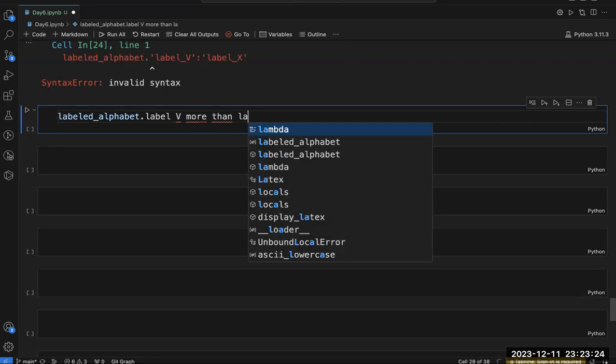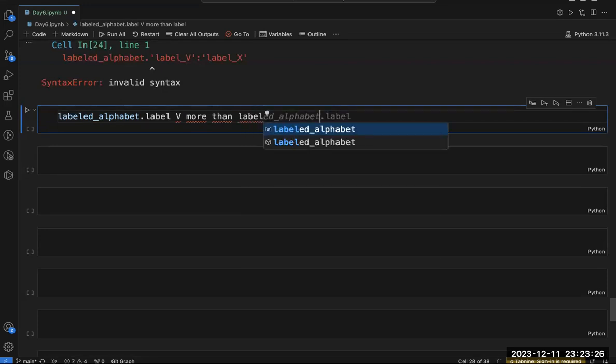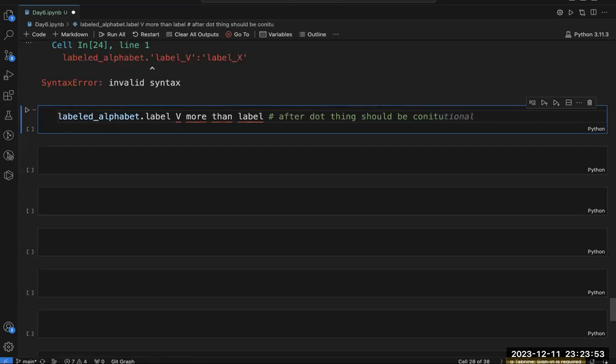If I write this, this will also give me an error. Why will it give me an error? Let me write: because after this dot operator, things should be continuous.